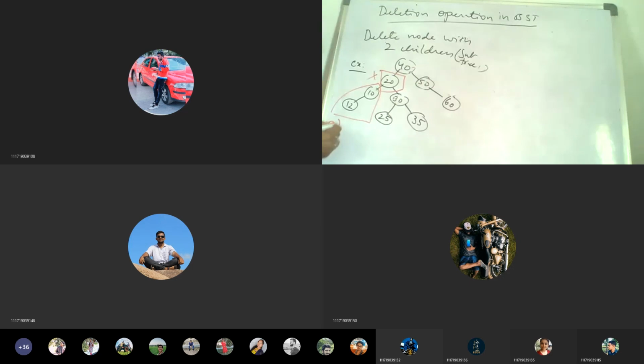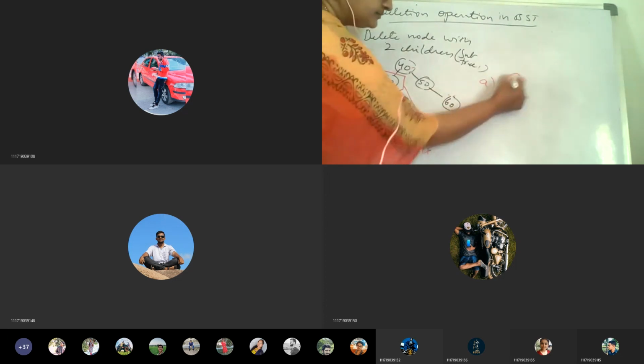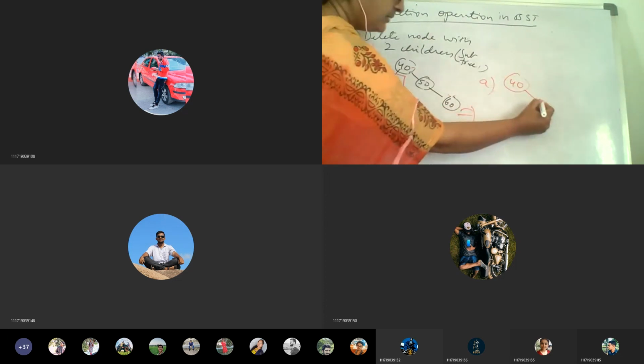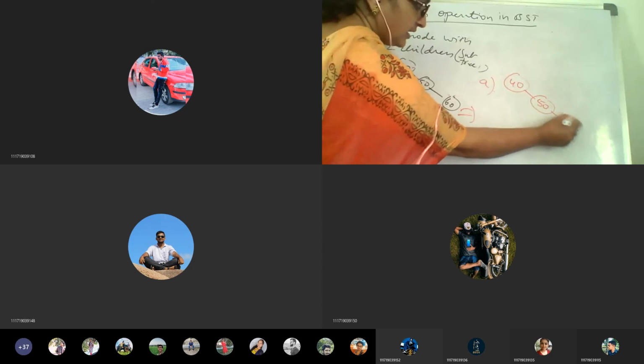First case, from the left subtree, you have to take the maximum. The second one, from the right subtree, take the minimum. If we do this, I'm just writing the remaining things as they are, 40 and 60.